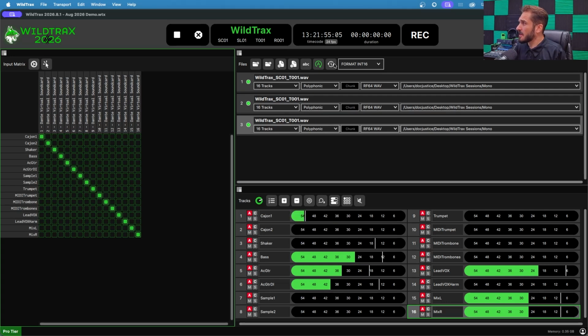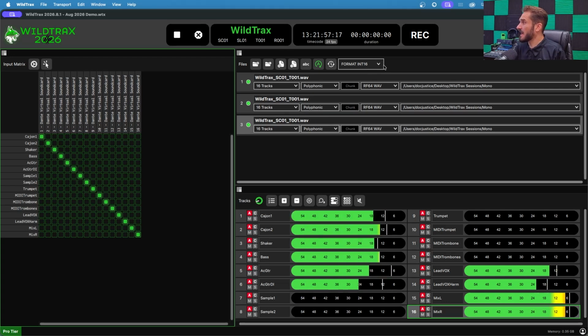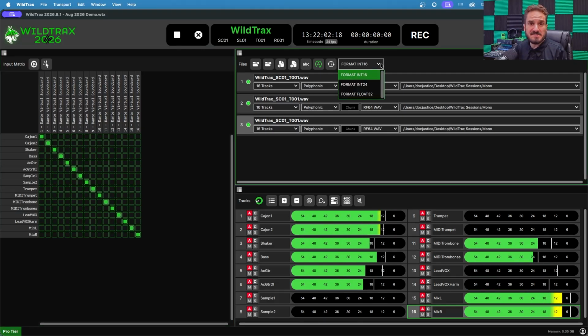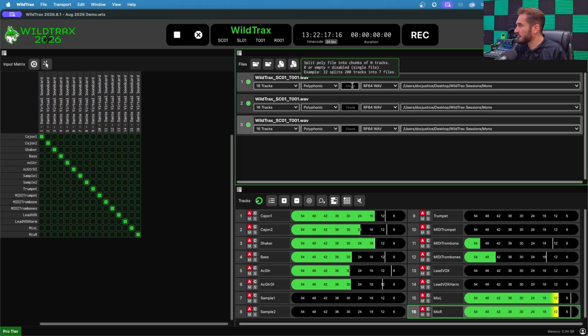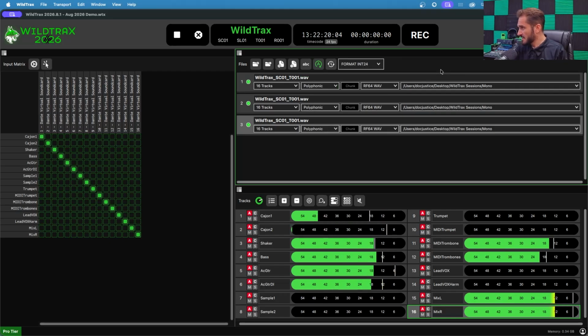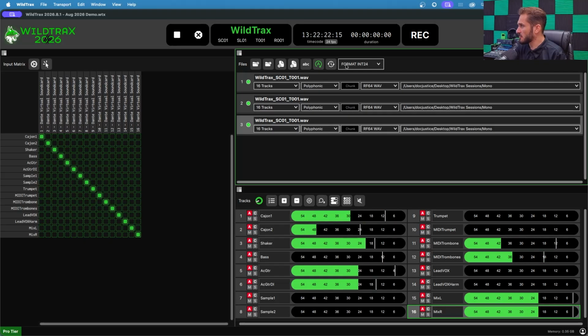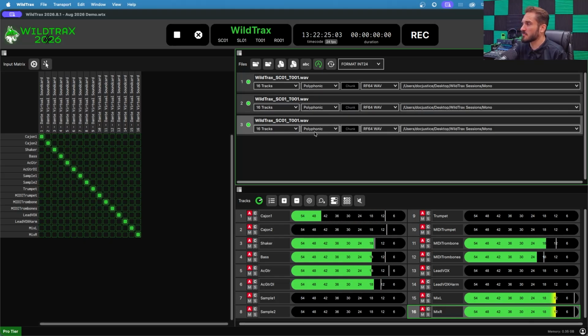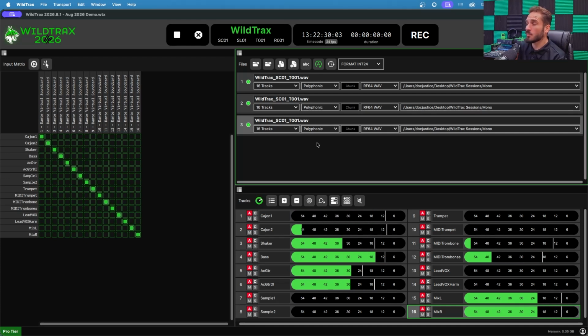Then, after our file size limits, we have our bit depth. WildTrax is capable of recording at 16 or 24-bit integer files, or it can record 32-bit float files. You're going to want to speak with your post-production to see what they prefer. For now, we're going to record at 24-bit integer files. Now, we've set those settings. We have our 3 files, but we're going to customize what's in each of these files and where they're going to be